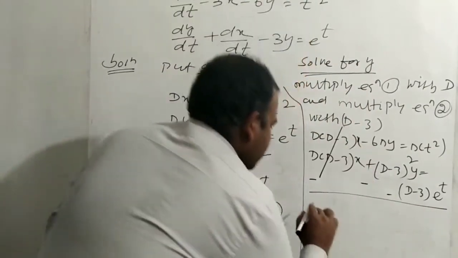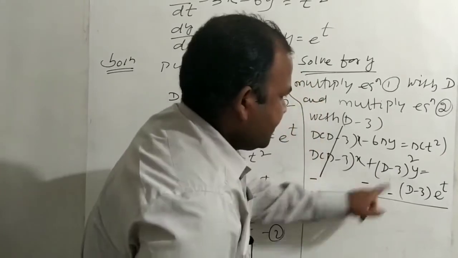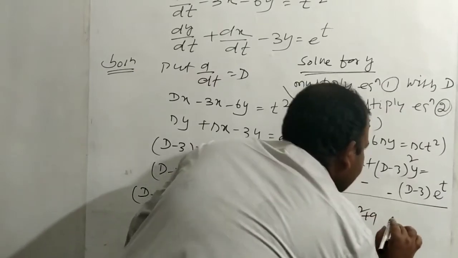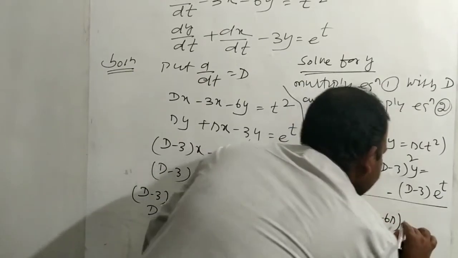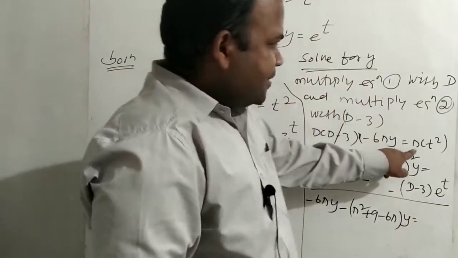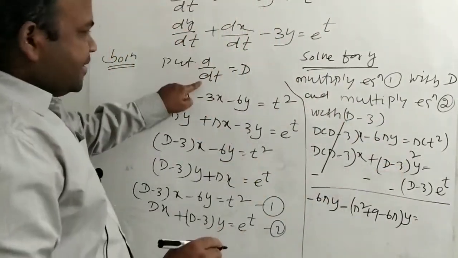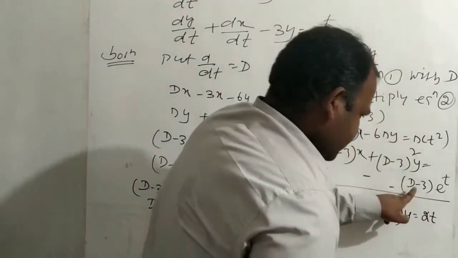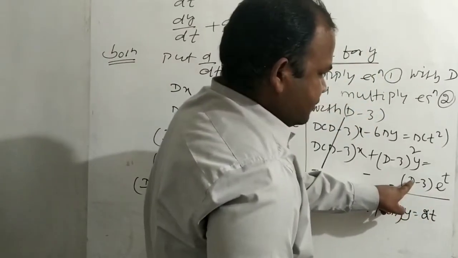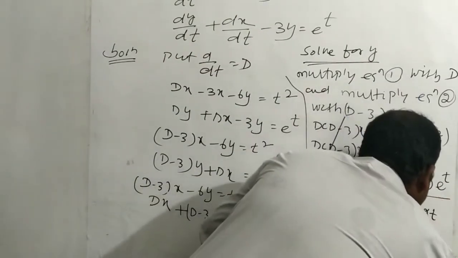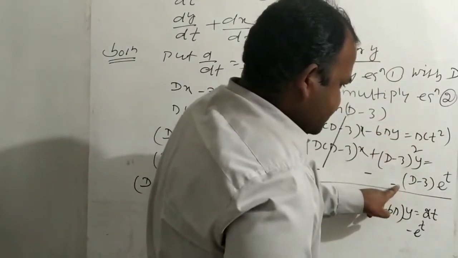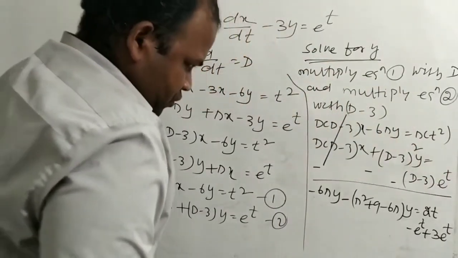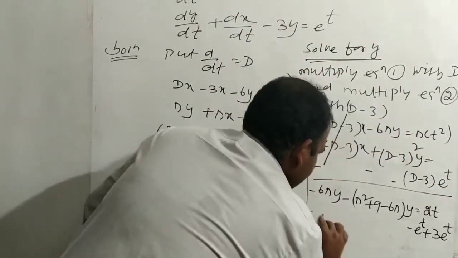So this is minus 6 dy and this is minus a square plus b square minus 6d into y equals to d, where d means derivative, d means dy dt. You will differentiate with respect to t. This is 2t and this is the derivative of e raised to t, minus e raised to t, and this is minus minus plus 3 e raised to t. So now this is minus 6 dy